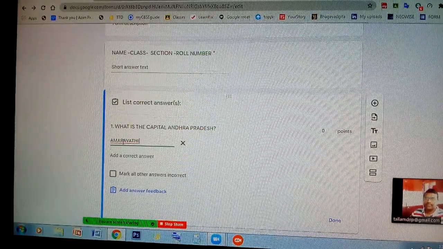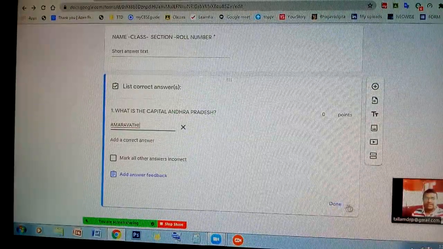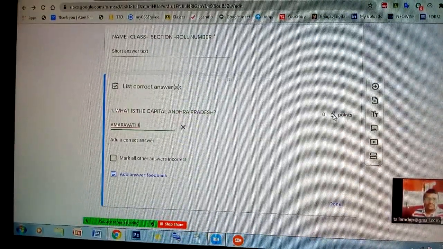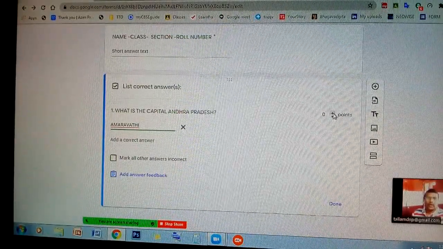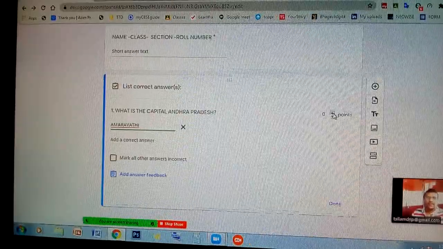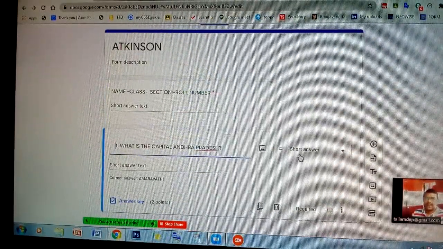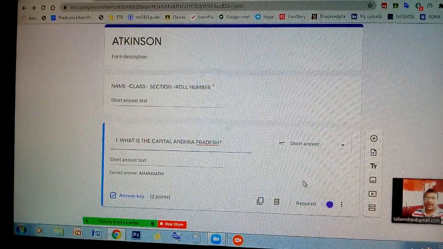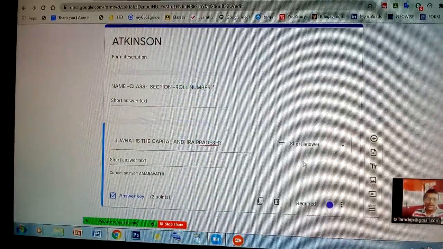After feeding the answer, before selecting done, you allot the marks. By selecting this up or down button, you can add the marks you want, 2 marks, and then done, and make it compulsory by selecting required. So a short answer is a one word or two word answer.